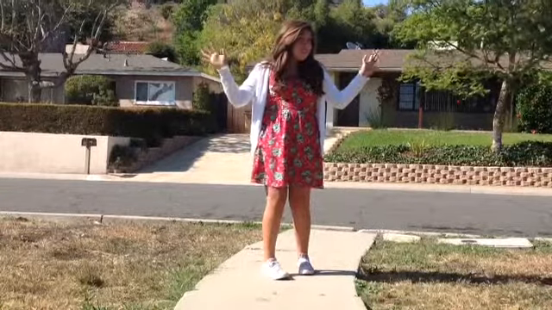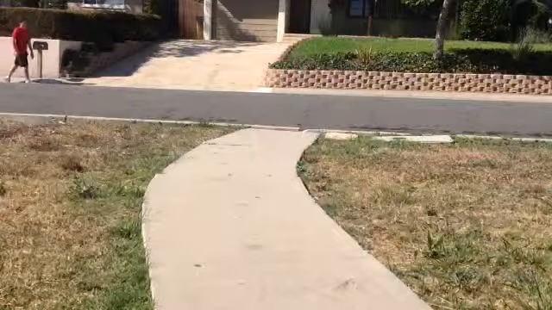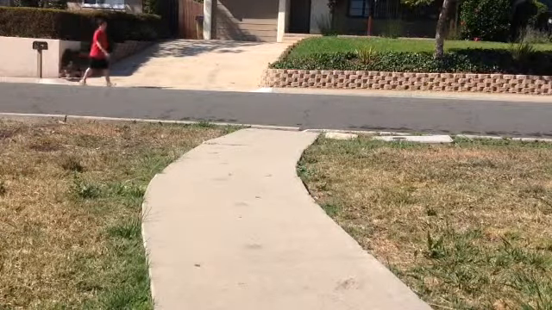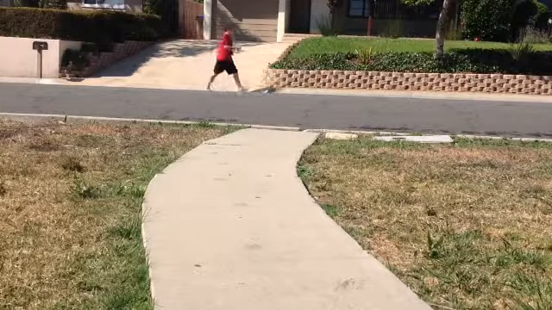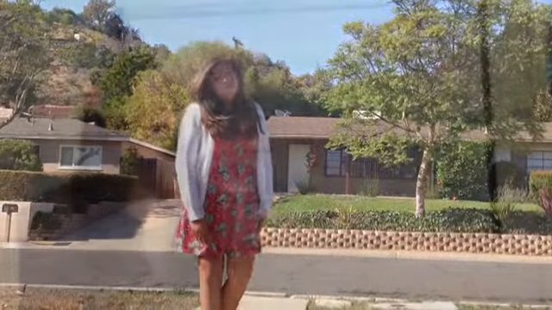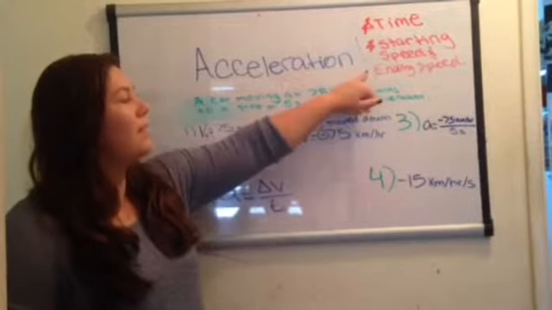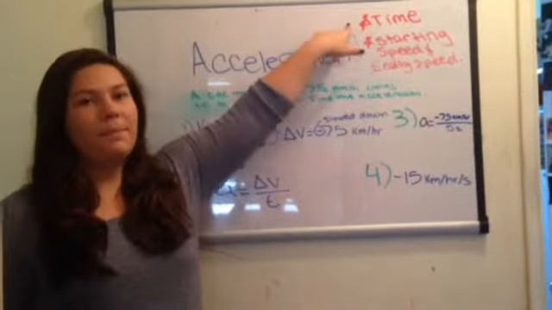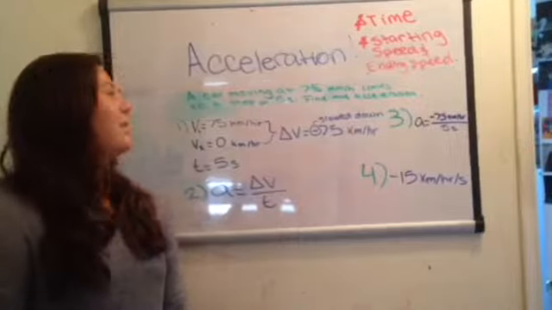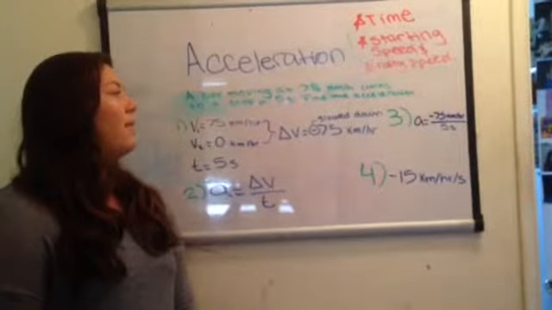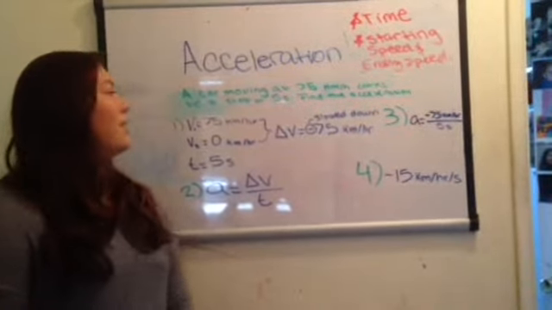Demo time. Here we have Owen walking at a slow pace. Now he's accelerating. Acceleration is the rate at which velocity changes over time. To find the acceleration of something, you're going to need to know the starting speed and the ending speed and the time. An example problem is a car moving at 75 kilometers per hour comes to a stop in 5